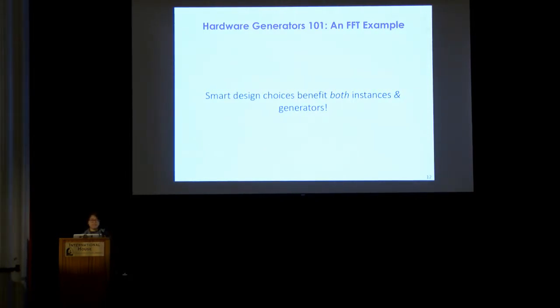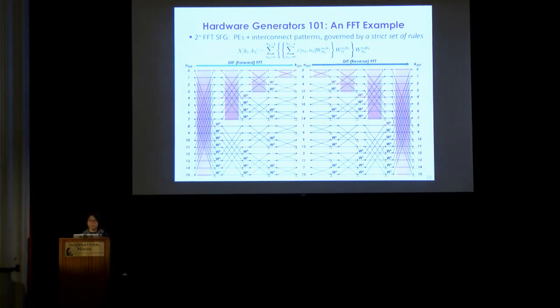So smart design choices benefit both instances and generators. If you look at the standard Radix 2 Cooley-Tukey FFT signal flow graph, you'll see that there are sort of rules that govern how twiddles are computed, how inputs and outputs are connected, and general interconnect patterns. And these rules can be applied for whatever Radix 2 FFT size you care about. For example, the twiddle factors of subsequent stages are always a subset of the previous stage's